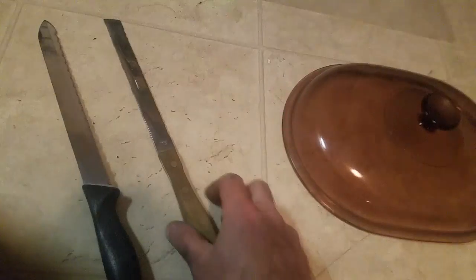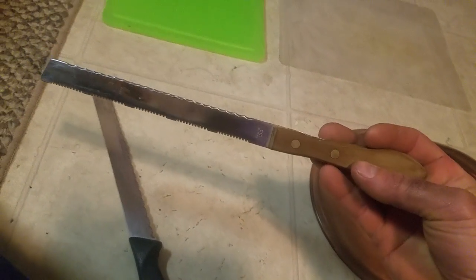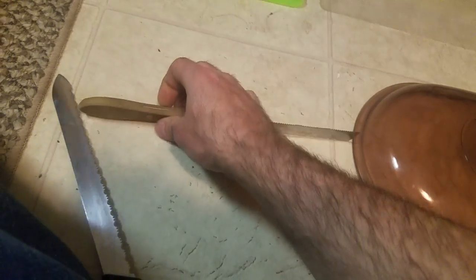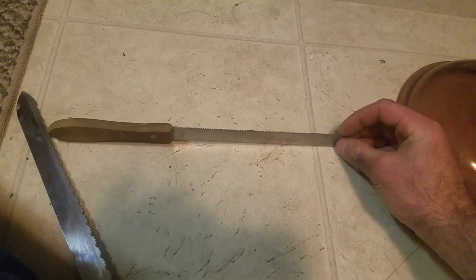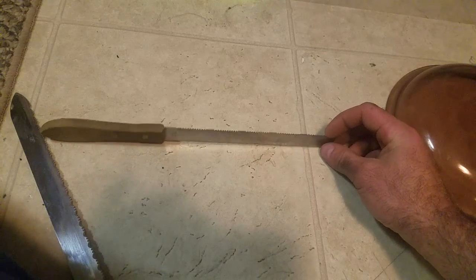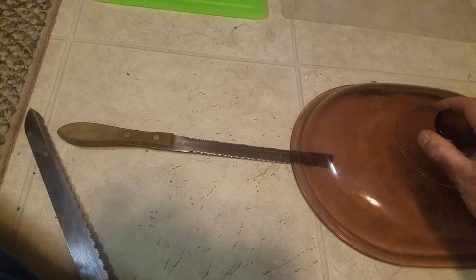The next thing you'll need is a knife. You want the knife to be as long as possible and with the least bulky handle as possible. What's going to happen is when it's all set up, the knife will be holding up the edge of this lid, and you'll have your nut bait on the tip of the knife. When the mouse tries to pull on it, it'll wiggle the knife here, and that'll cause the whole lid to